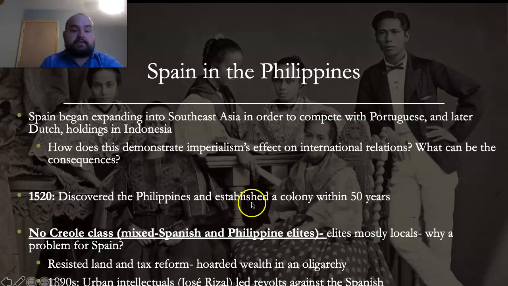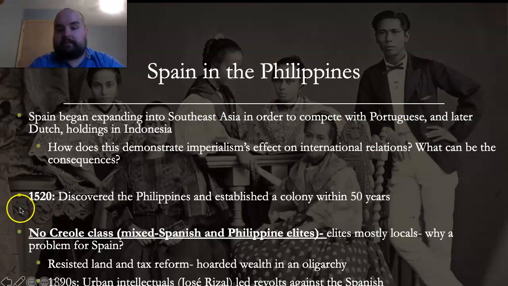But yes, this is essentially, as you might have guessed, just another example of one of the major effects of imperialism I've been talking about. When one empire seems to be doing well, it's going to encourage other countries to compete with them. This can help lead once again to more global conflicts, which obviously, as you might imagine, has pretty upsetting effects upon the rest of the world.